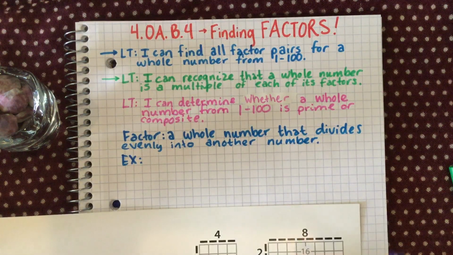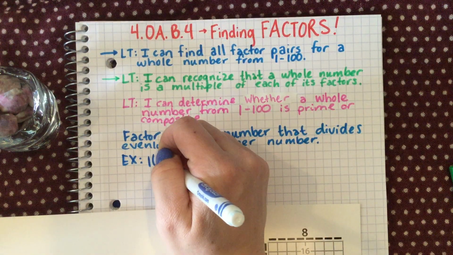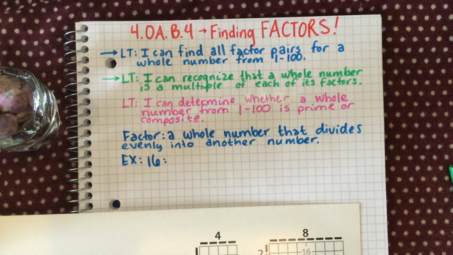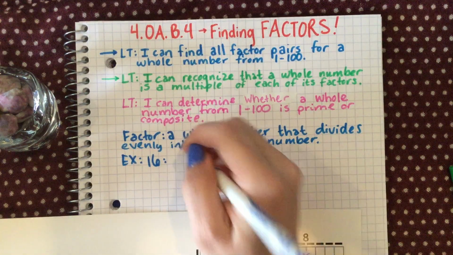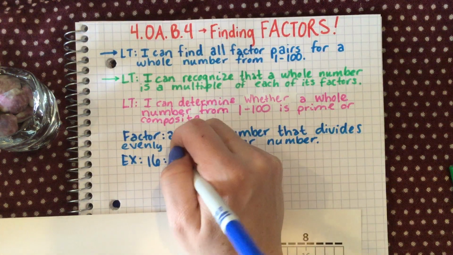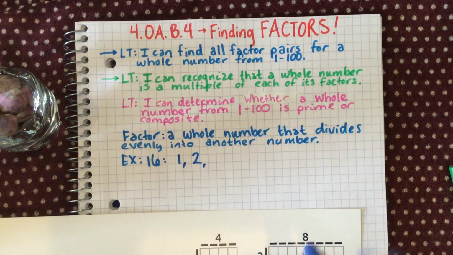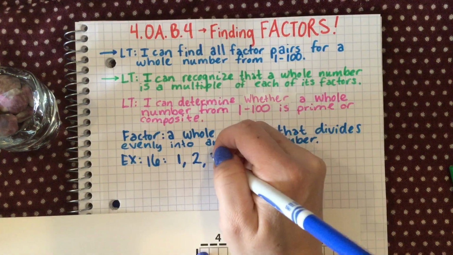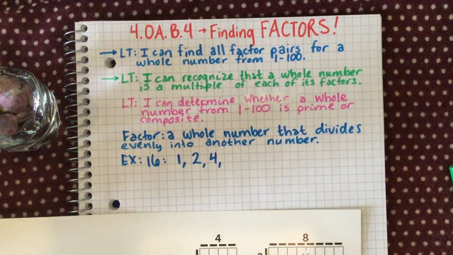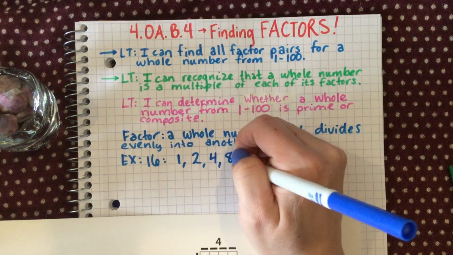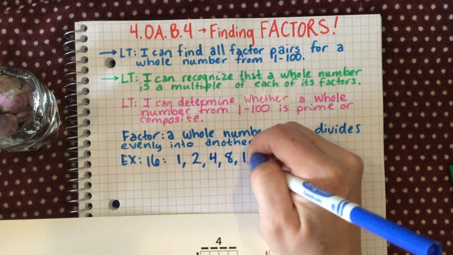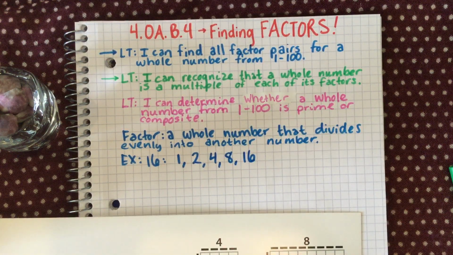we have 16, and all the factors of 16 are, let's start from the smallest one. 1, I'm going to separate it with commas. What's the next one up? 2. 4 is the next one. Then 8. Then 16. So those are the factors